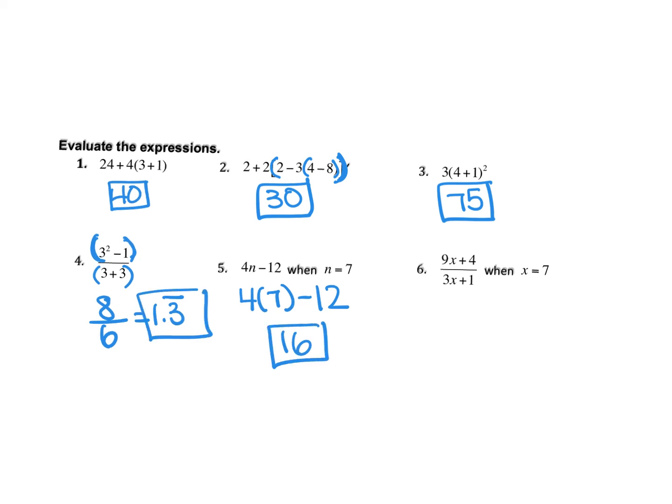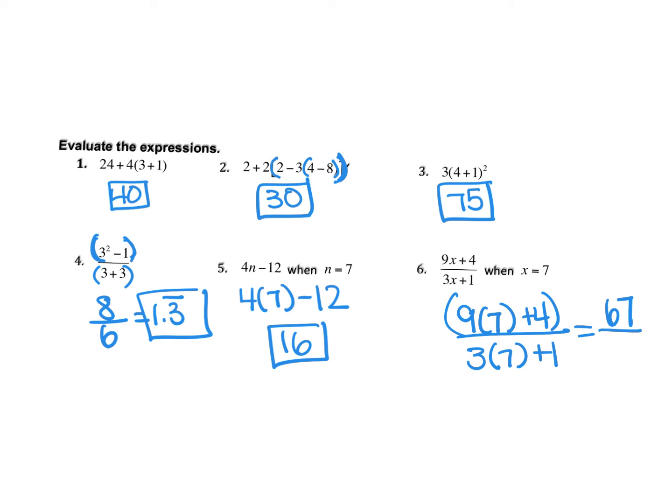All right, and number 6, we have 9 times x. So x is 7, so we have 9 times 7 plus 4. And then we have 3 times 7 plus 1. I'm going to do everything on the top here. I'm going to press equals, and then I'll do everything on the bottom and do them separately, just because I find people make mistakes quite a bit when doing that. So I'm going to get 67 on the top,